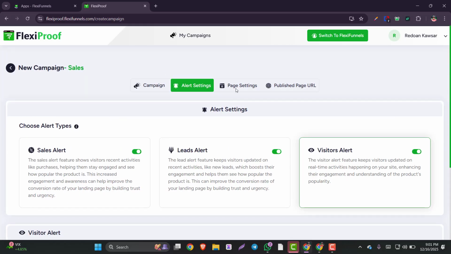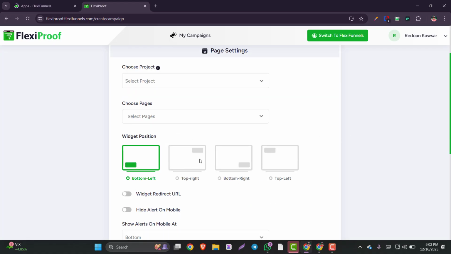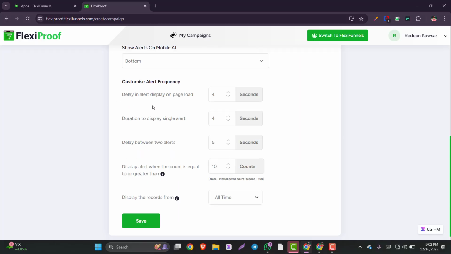Choose which page you want to see this type of pop-up. There are 4 types of pop-up you can show to your visitor: bottom left, top right, bottom right, and top left. This is the customization. When the customer sees this type of alert on your website, like delay after page load 4 seconds,